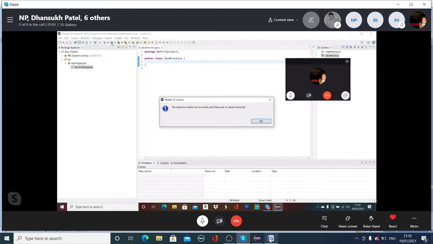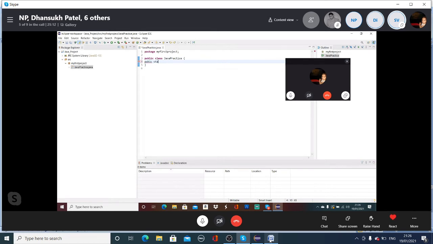So you have to have the main method. So just write a main method here. Public static void main. Parenthesis means small bracket. Inside the small bracket, you need to put String, square brackets, lowercase args.